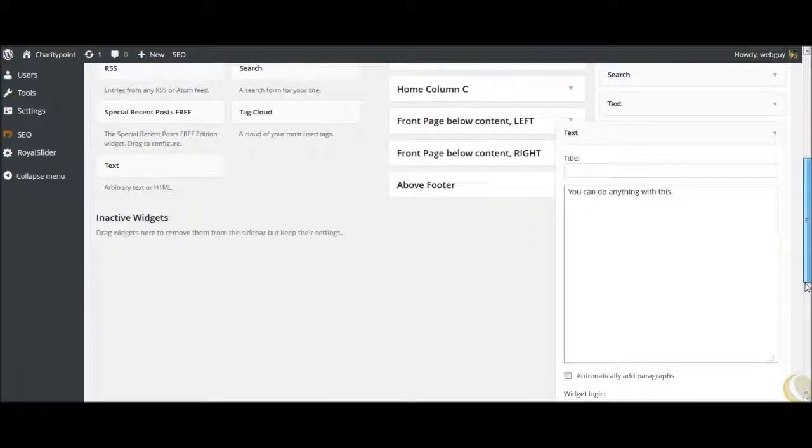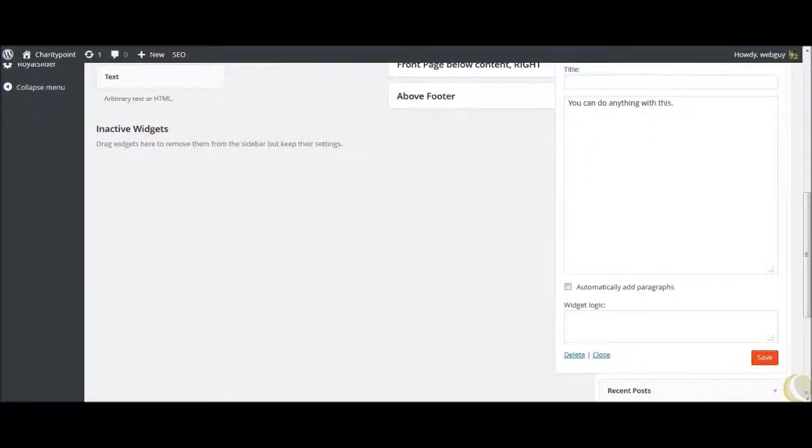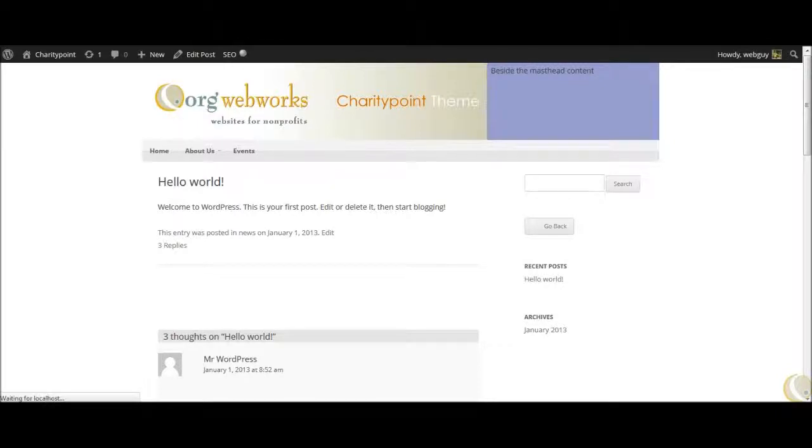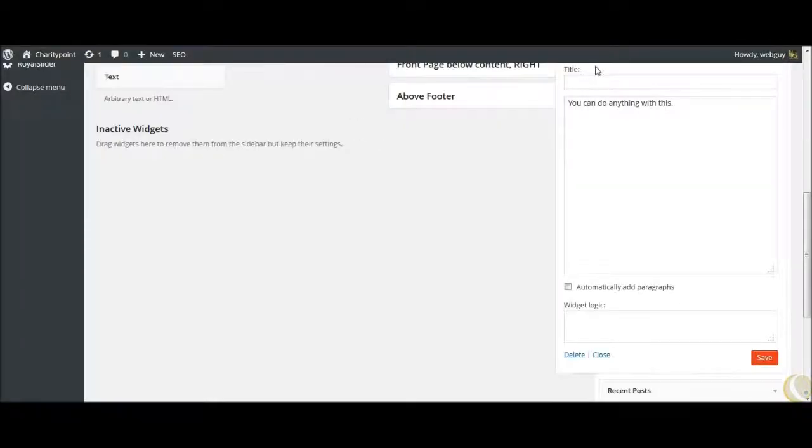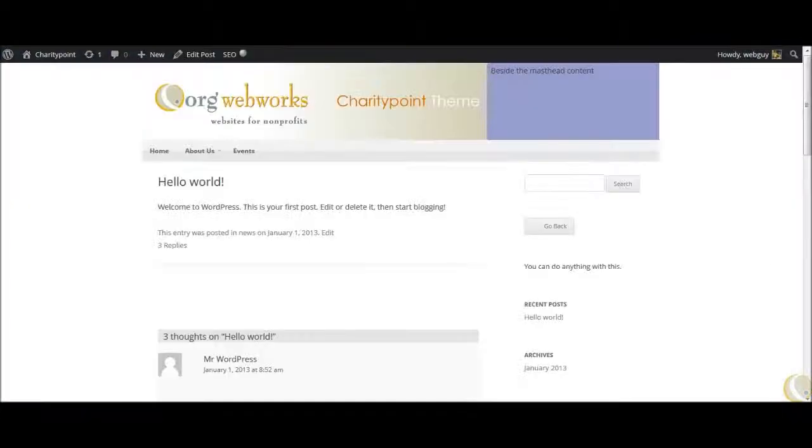I'm going to save it, and I'm going to go here to Hello World, Post. You can do anything with this right here. And if you said, hey, that's kind of cool. Wish it was in bold though. Well, let's make it in bold. That's HTML. You save. Go back over to this post page, refresh, and it is in bold. However,